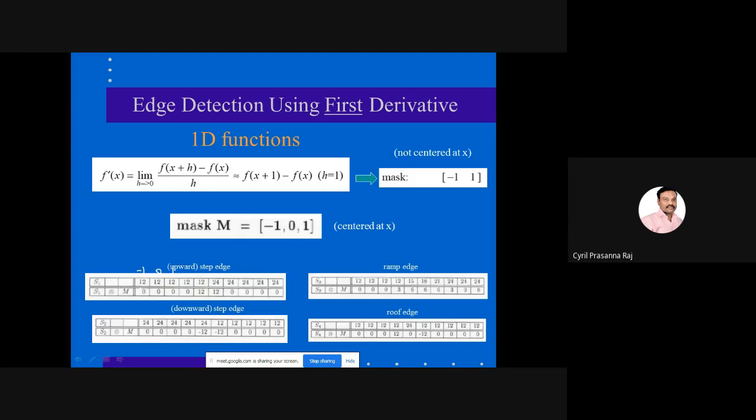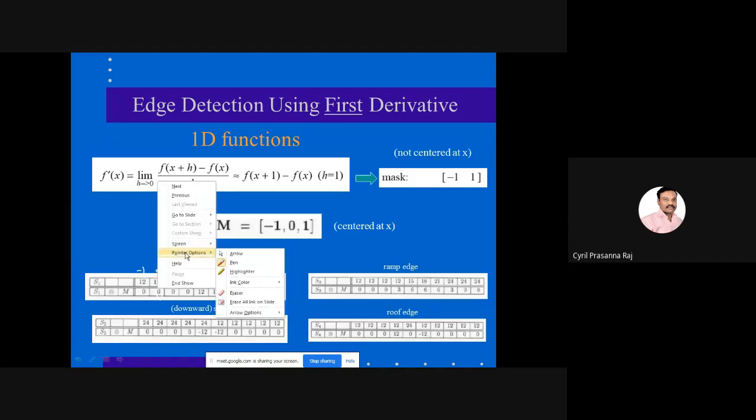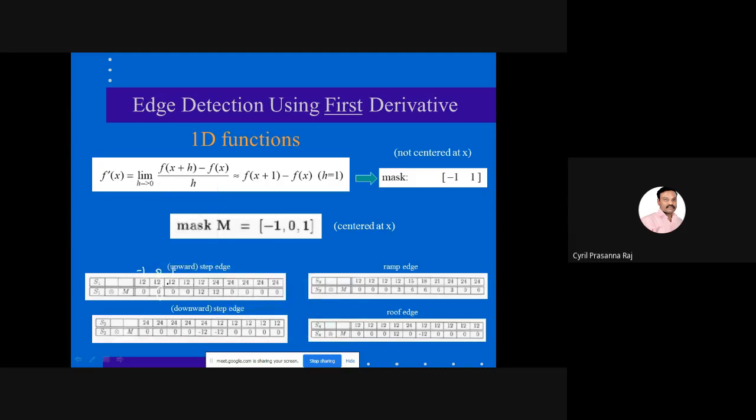So minus 1 into 12 will give you minus 12, 0 into 12 will give you 0, 1 into 12 will give you 12. When I add 12 plus minus 12, it will give you 0. That 0 is substituted at this point, so you are able to get 0 at this point.